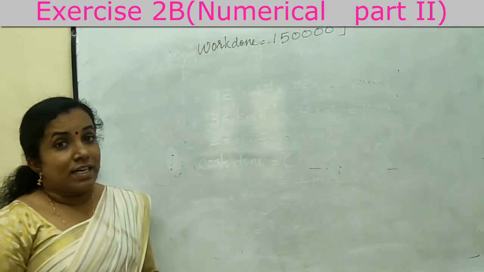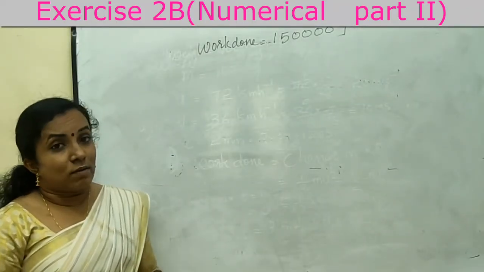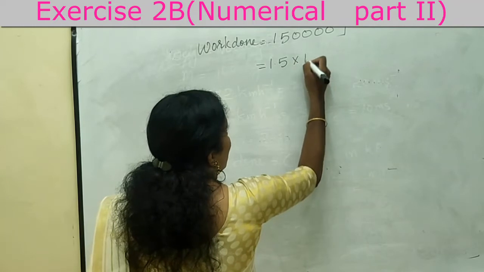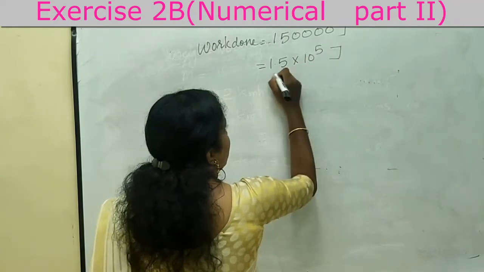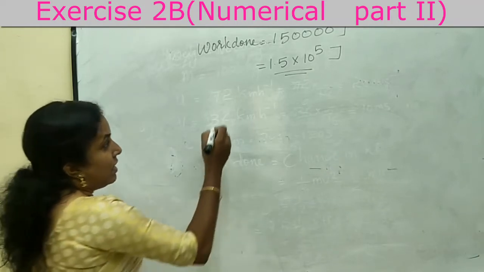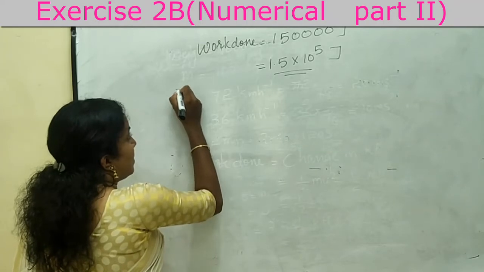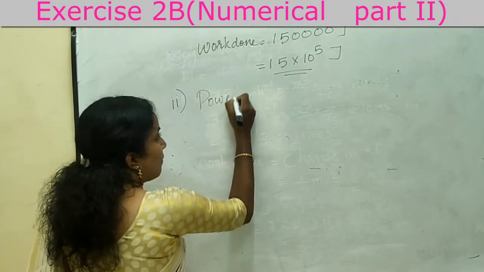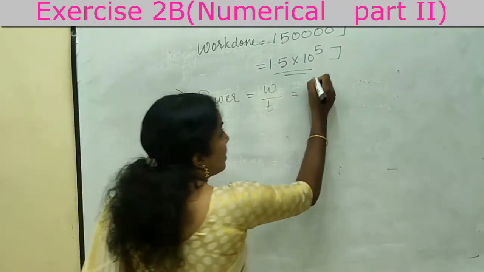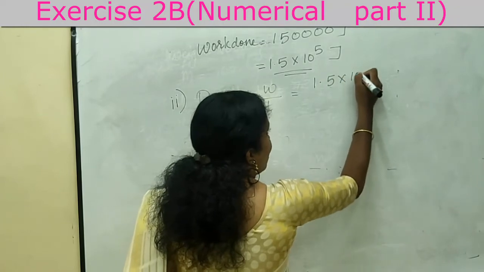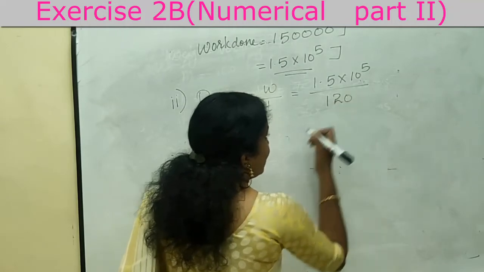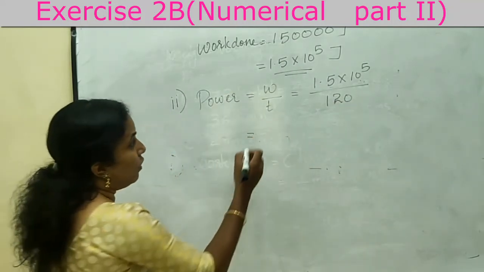So we got work done as 1,50,000 joule. It can be written as 1.5 into 10 raised to 5 joule. So the work done is 1.5 into 10 raised to 5 joule. Now the second part is power. What is power? Power is work by time. Here the work is 1.5 into 10 raised to 5 joule and the time is 120 seconds. Therefore, we will get